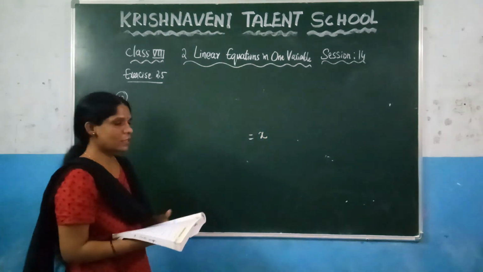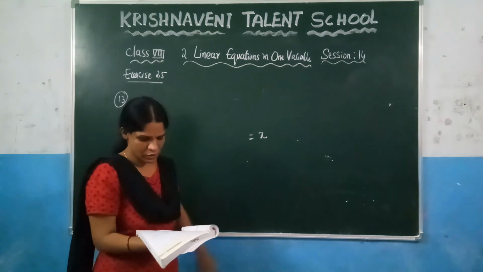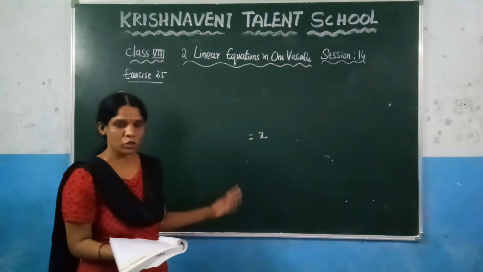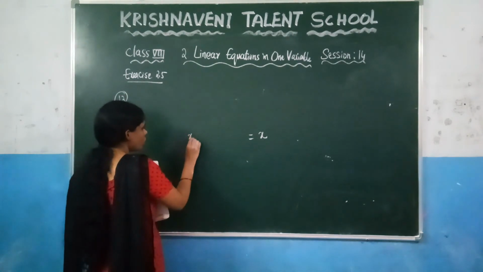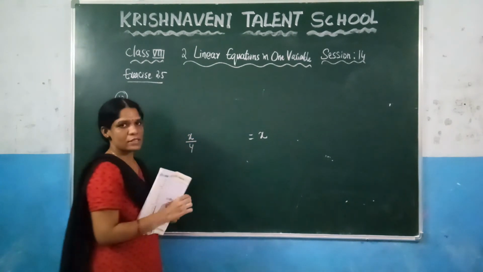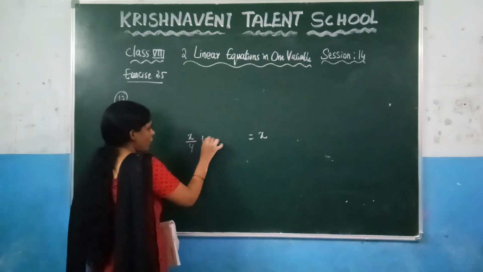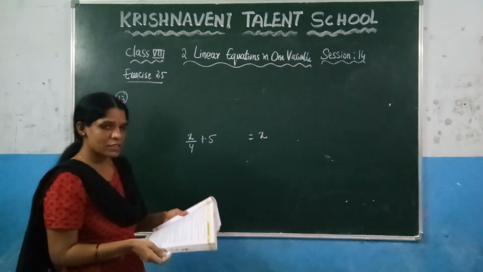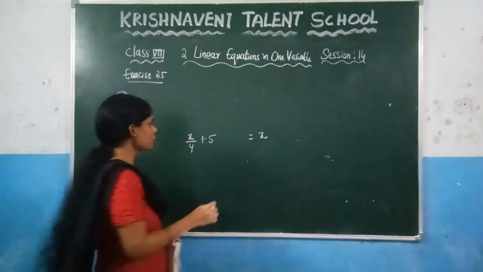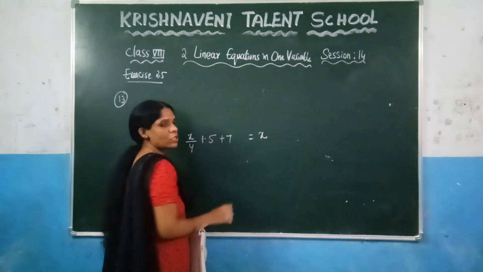So write down what they have given. Shekhar gave a quarter of his sweets. A quarter is nothing but 1/4 of the sweets, which he gave to Renu. That means x/4 of the sweets he has given, and after that 5 sweets to Raji, and after that he has been left with 7 sweets. If you add these values, you will get the total number of sweets.